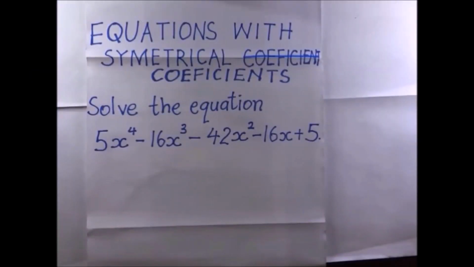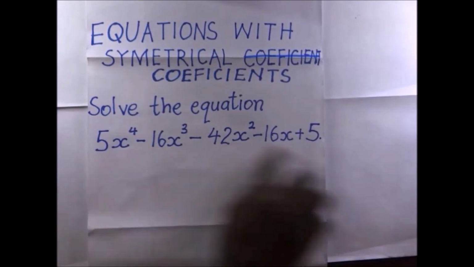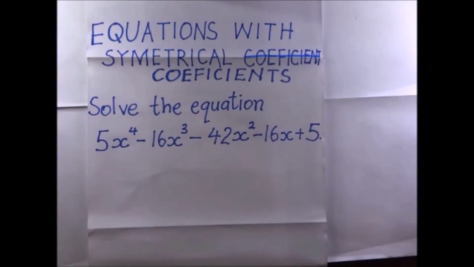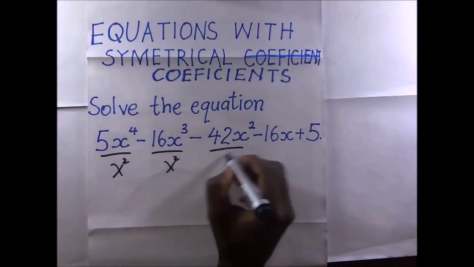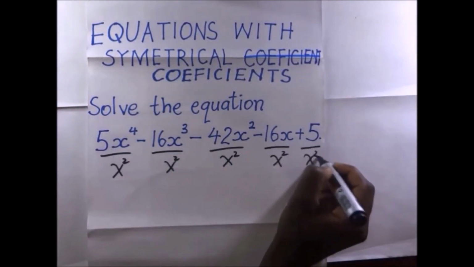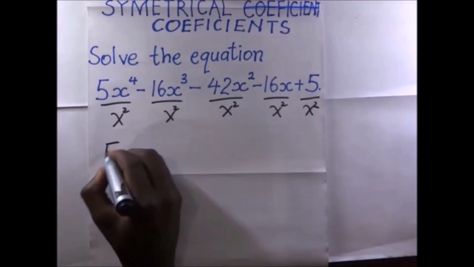Today we get to look at equations with symmetrical coefficients. Let's solve this equation. The first step with this, we divide this equation through by x squared. When we divide through by x squared, the equation will become